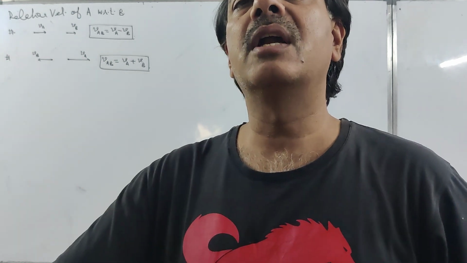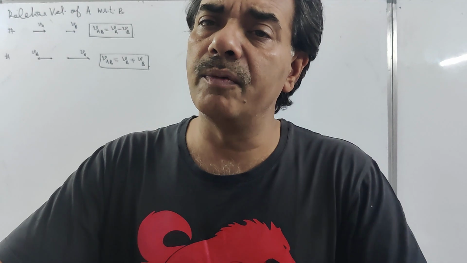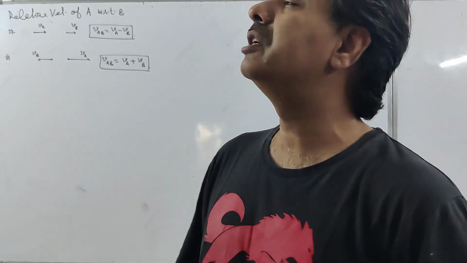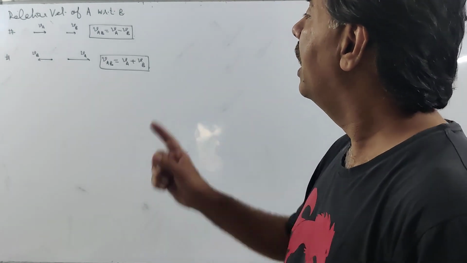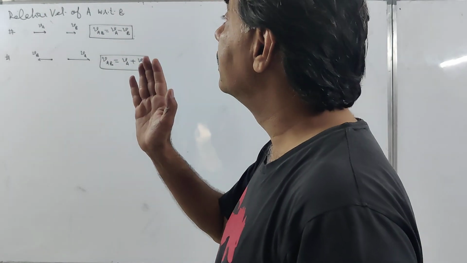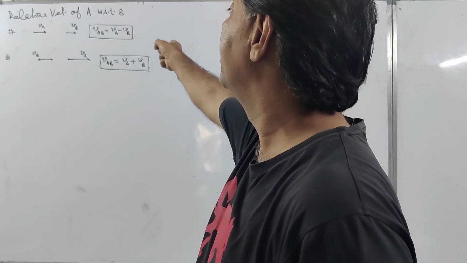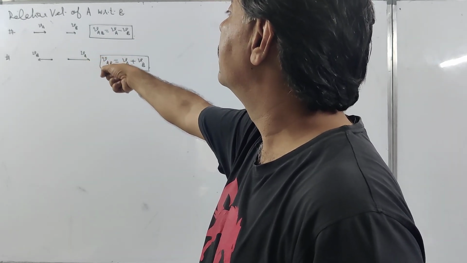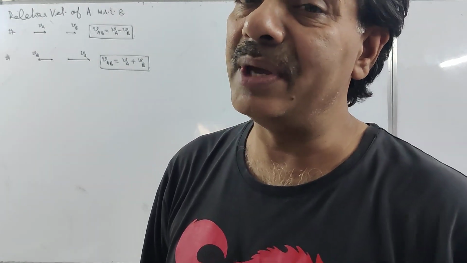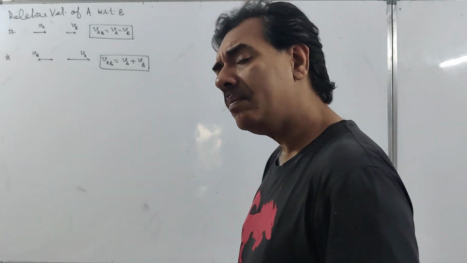So whether the objects are starting from the same point or are a certain distance away, the relative speed between the two, if the two objects are moving in the same direction, is given by VA minus VB, and if they are moving in opposite directions, it is given by VA plus VB. It appears as if B is at rest and A is moving with a speed VA minus VB. In this case also, it appears B is at rest and A is moving with the speed of VA plus VB. This is what we mean when we say the relative speed of A with respect to B. We remember,